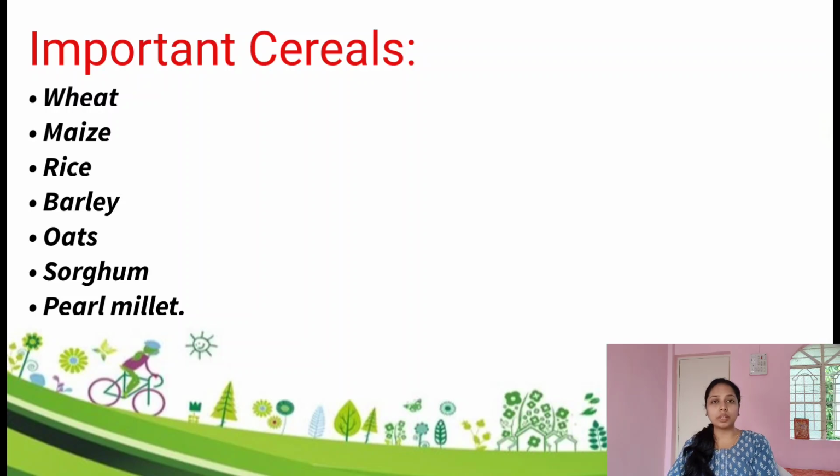So these are the kinds of very short notes, and even in a short note you can provide a solution. It's not that if they're asking you for a short note, you just give information about it. At the same time, you can give any update which is recently in the news. For that you have to read magazines which are very agriculture specific. No matter if it's in a native language, you can just convert it into the language in which medium you are giving the exam.